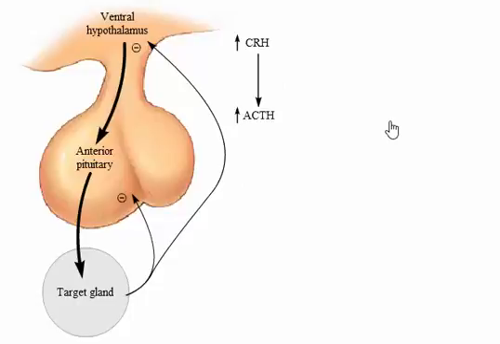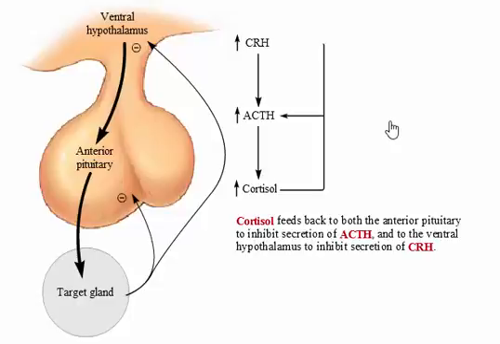Corticotropin-releasing hormone acts on cells of the anterior pituitary to increase secretion of corticotropin, ACTH. Corticotropin acts on the adrenal cortex to increase secretion of cortisol. Cortisol feeds back to both the anterior pituitary to inhibit secretion of corticotropin and to the ventral hypothalamus to inhibit